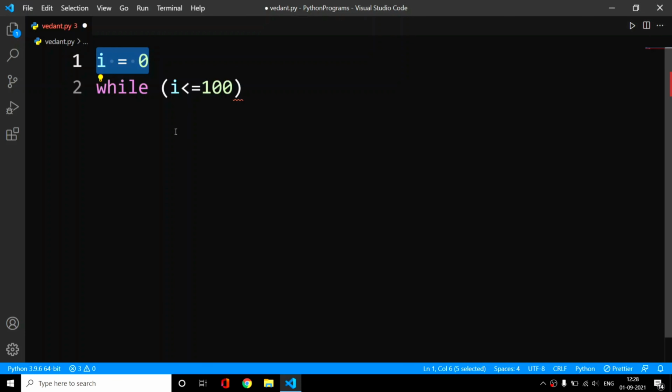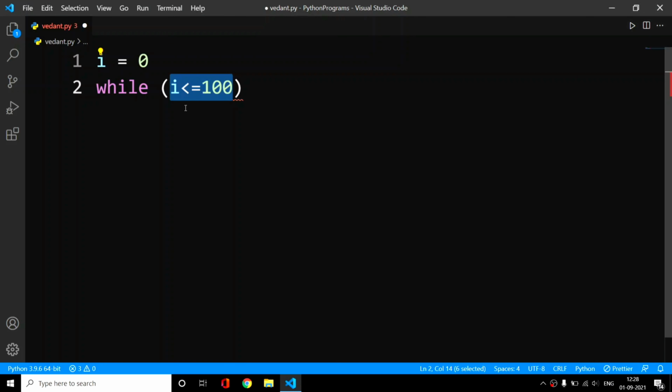For first execution the I will be 0, for second I will be 1, and for third I will be 2. Just like that I am going to increase the value of I per iteration, or per execution, you can say. Okay, so until and unless the I is less than 100 we are going to do that. If the I is greater than or equal to 100,